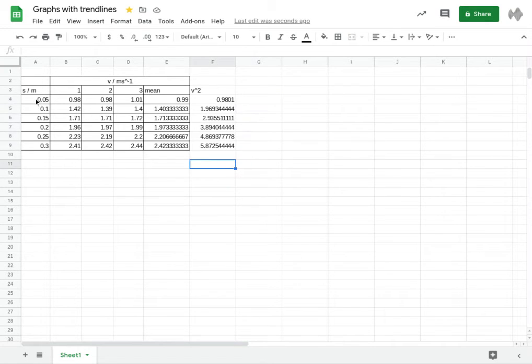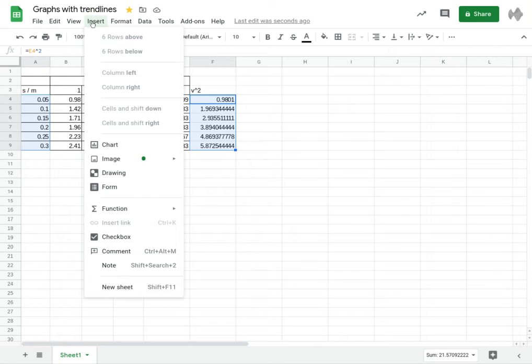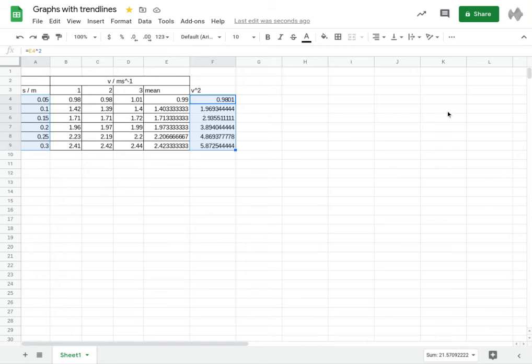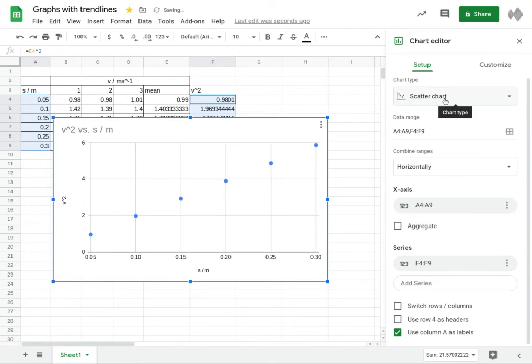So to choose these, I'm just going to highlight these cells here for the distance. I'm going to hold down the control button whilst I select the v squared cells. So we've now got the x-axis and the y-axis. We go to insert and we can choose chart. And then we wait a while. And here we go. It's automatically given me a scatter chart